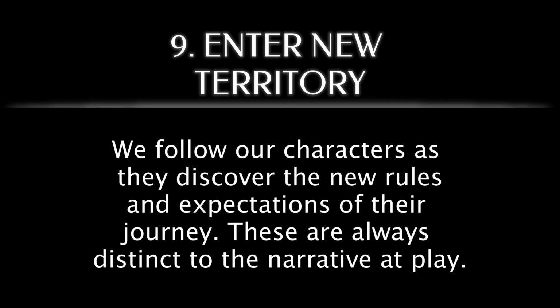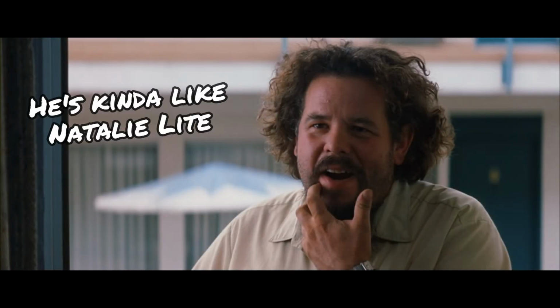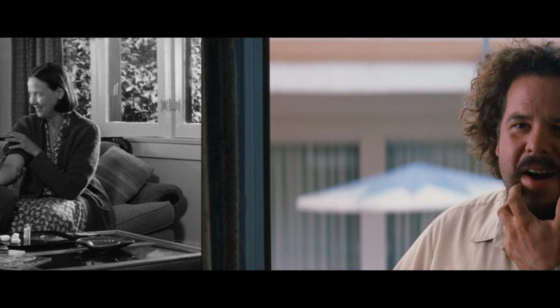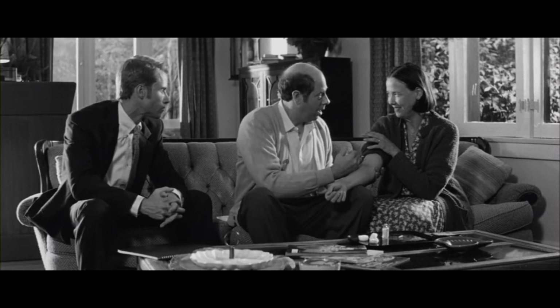Despite his inability to make new memories, he perfectly understands that his life is forever ruined. We follow our characters as they discover the new rules and expectations of their journey. These are always distinct to the narrative at play. Burt accidentally reveals one way that people take advantage of his condition, and Sammy's insurance case is explained, specifically Leonard's